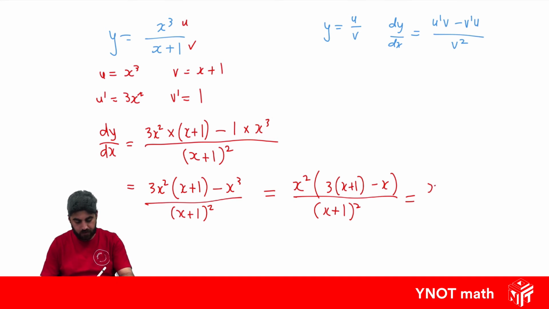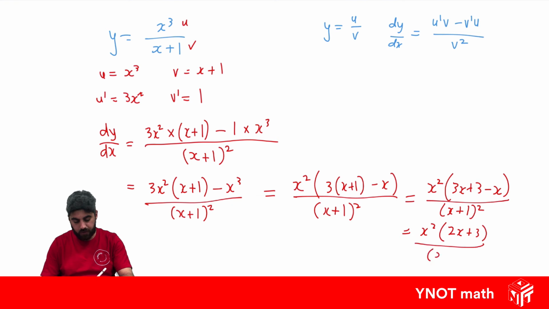So we get x squared outside of 3x plus 3 minus x over x plus 1 squared, and a little bit more tidying up. So 3x minus x is 2x plus 3 over x plus 1 squared as our final